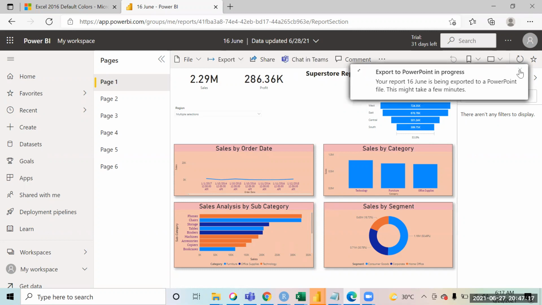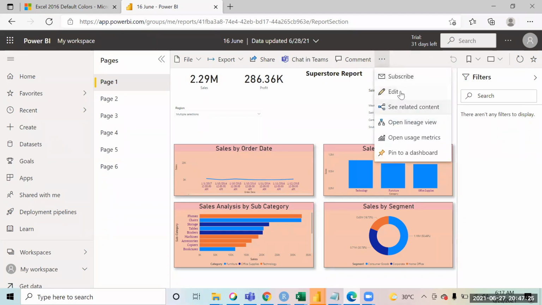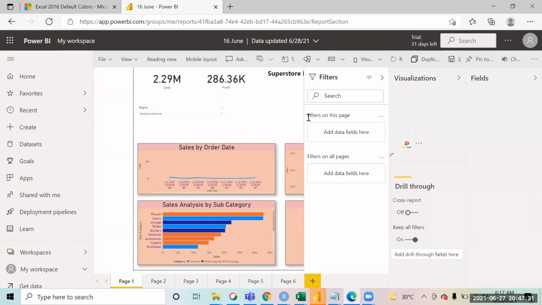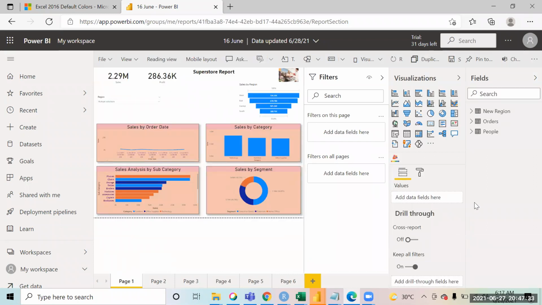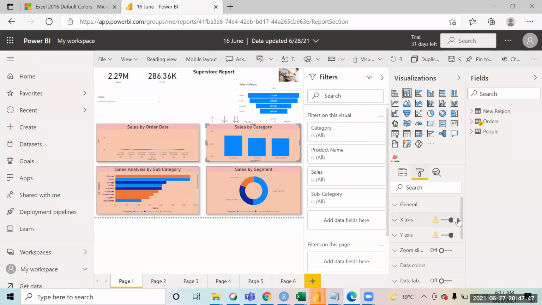On these reports, if you feel there are some changes, some things that you want to edit, you can click on the three dots and click on edit, right? If you click on edit, the same Power BI interface, not exactly the same, you will not get all the options, but a lot of stuff will come up over here. In terms of adding visualizations and editing the report, you will be able to do that. For example, you select any chart, you want to do some formatting changes, or change the field names, you will be able to do all those changes over here also, right? Suppose I want to show the data labels, so I turn it on, and the data labels will be visible.